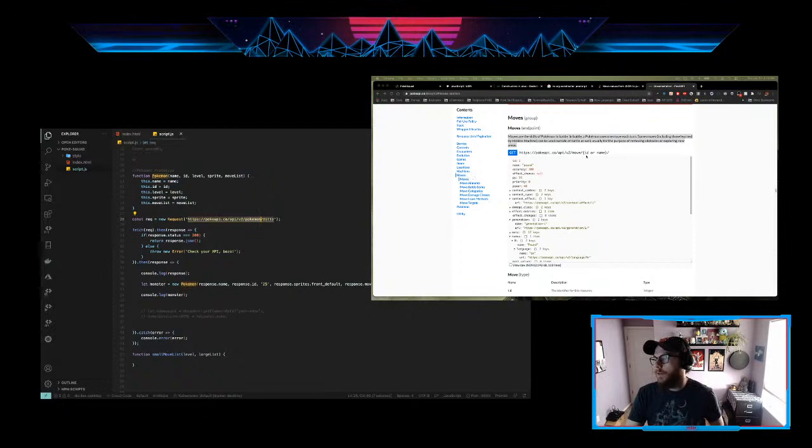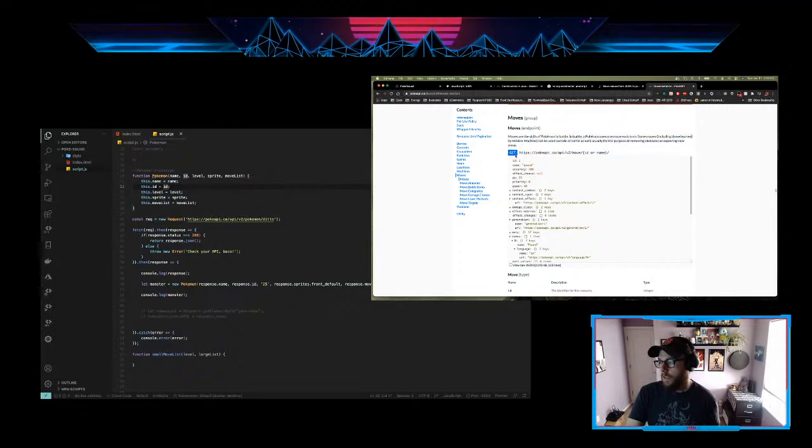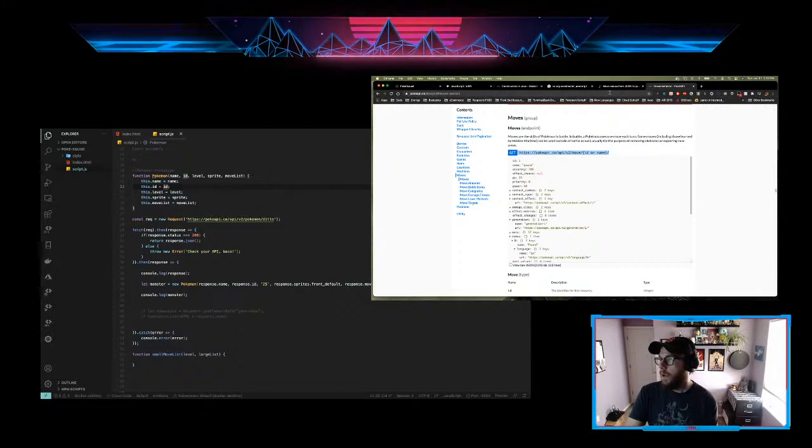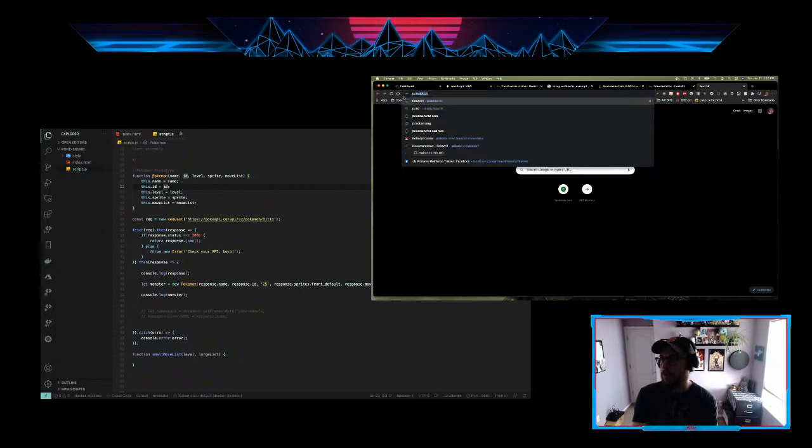We will be taking this ID that we return, and with it, we'll probably be making another request. A request for the next 5 moves for a specific generation for a specific Pokemon. So I'm going to check this out just so that we can see how this endpoint reacts. Just open this up on a different